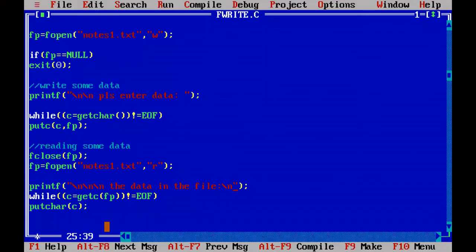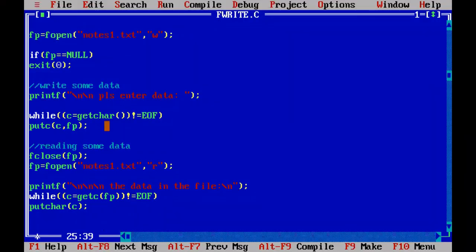See, I'm writing A, B, C, D, E, and Control Z. So this is the data I wrote into the file, and the same file I am closing and opening in reading mode and reading the same content A, B, C, D, E from the file. The second while loop is reading the data, and when you press enter, we will go back.